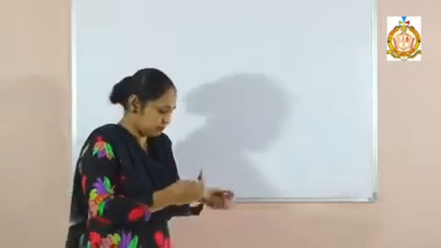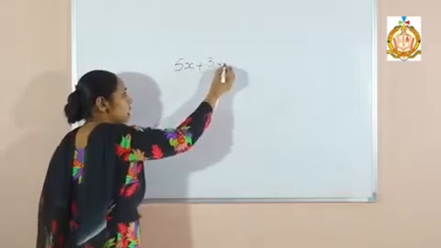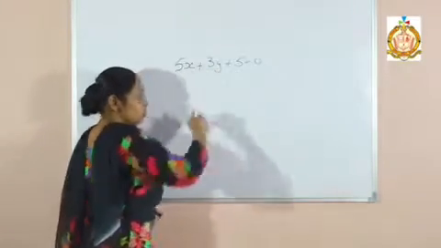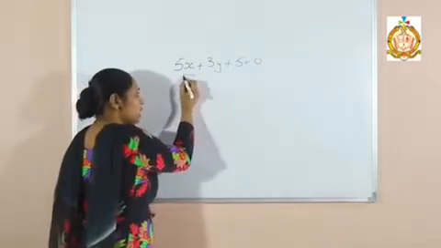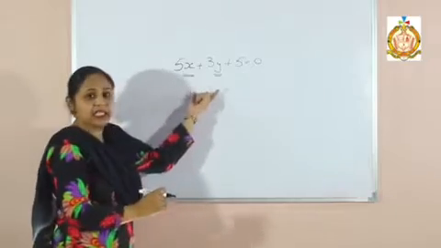Now we will start our second term with chapter number 6, that is linear equation. Now what is linear equation? We know the variables that are related with the alphabets A, B, C, X, Y, we can take any variable, but in this equation we take two variables with degree 1, like this one. Suppose there is 5x plus 3y plus 5 equals to 0. Now see students, there are two variables, one is x and the other one is y. Both the variables have the degree 1. That means it is a linear equation.